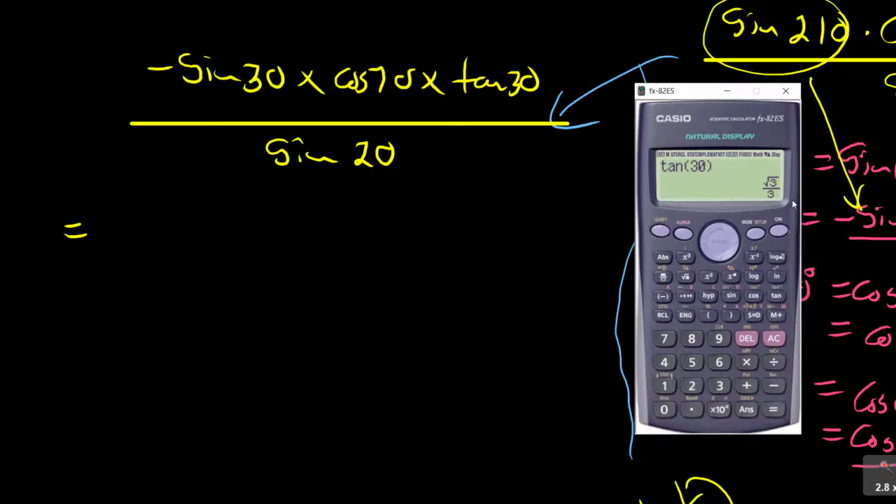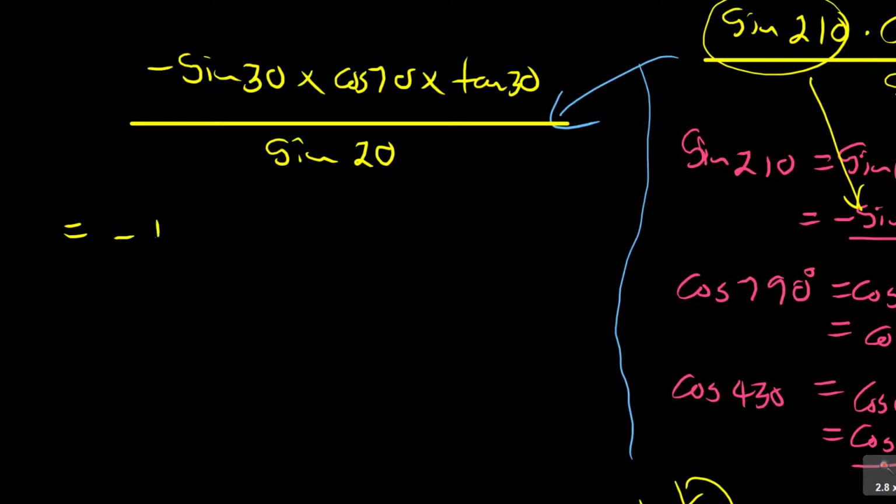That's where they are going to catch you if ever you use the calculator. Look at this. Root 3 over 3, you must know the original of it. It's 1 over root 3. See? That's root 3 over 3. So you need to instead write 1 over root 3. So it's negative 1 over 2 times cos 70 times 1 over root 3, all over